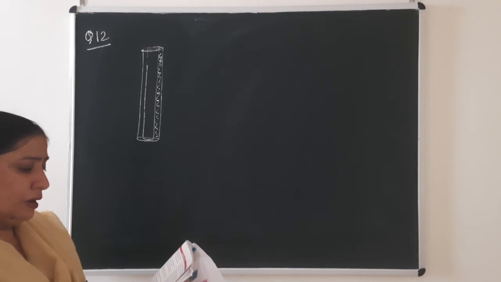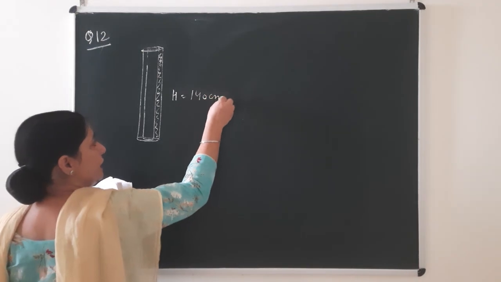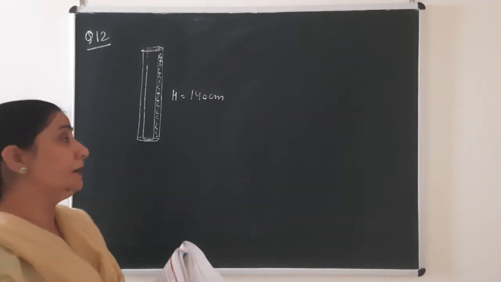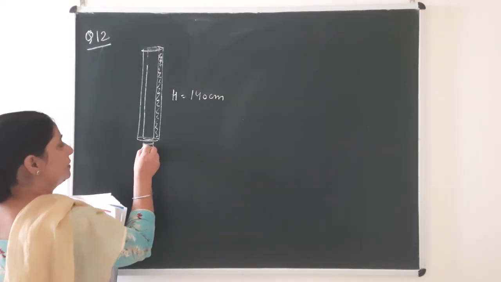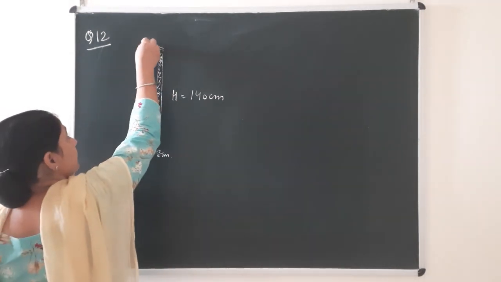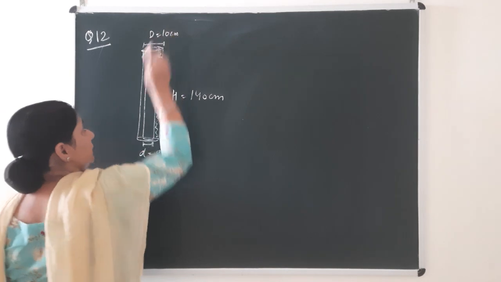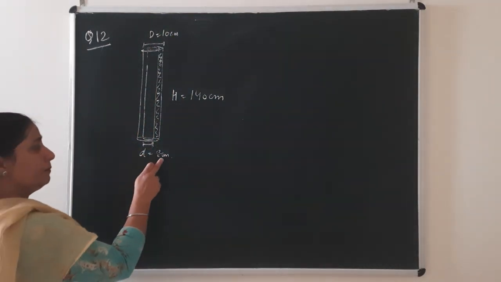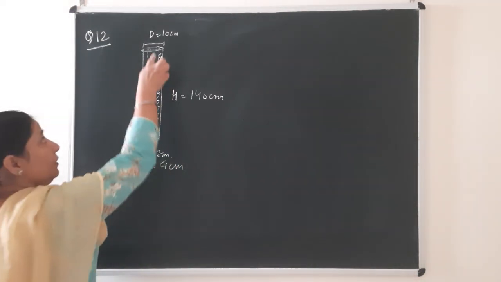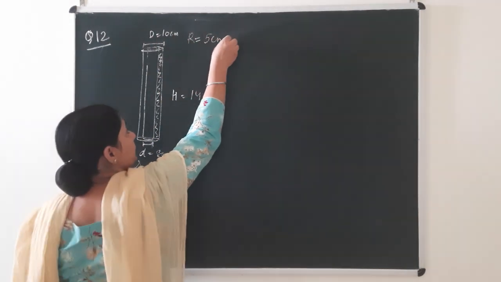Now what is given to you? He is giving you the length of the pipe. The length of this pipe, that is the height, is equal to 140 centimeter. What else is given to you? He has given you the internal and the external diameters. If I take the internal diameter, it is from here to here, beta. This I will take as small d equal to 8 centimeter, and the external diameter, beta, is from the outer parts here to here, and that is given to you as 10 centimeter. Now if the internal diameter is 8, that means the internal radius will be equal to 4, half of it, and if the external diameter is 10, then the capital R, the outer radius, will be equal to half of 10, that is equal to 5.